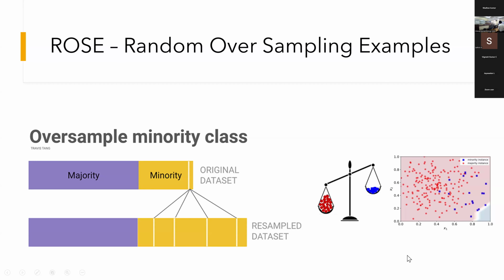So if we are using this data to train the algorithm, it will most likely learn to detect those without the disease, but it will not be good at detecting those who will ultimately develop cardiovascular disease. So one statistical technique that we can use to correct for this is called random oversampling of examples. That is nothing but